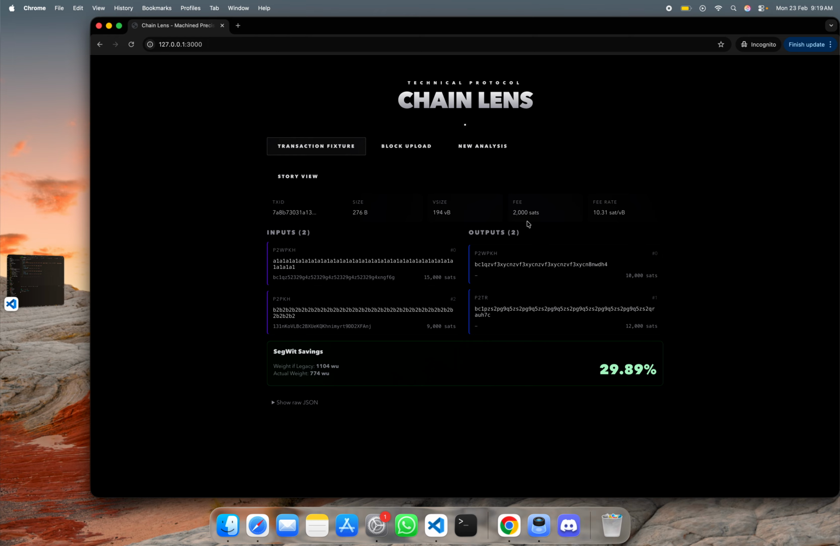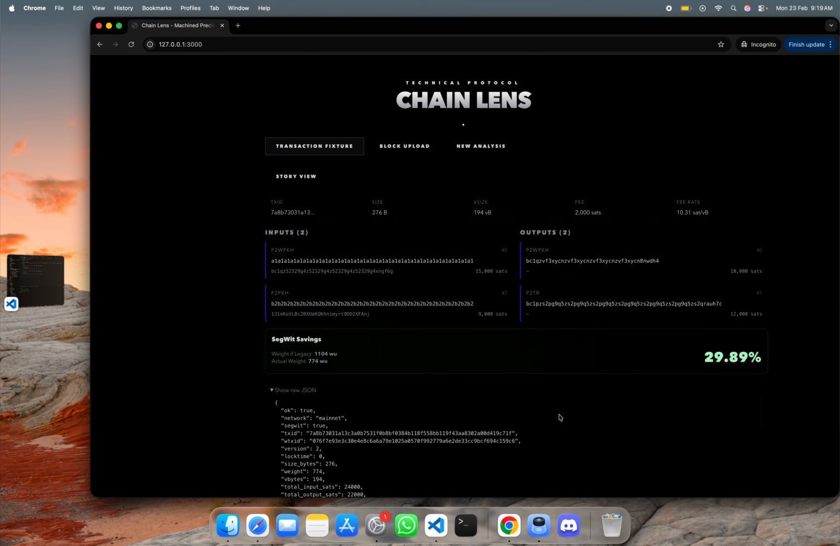And the weight. The weight should be around 774. As you can see here, actual weight 774 WU, which is the weight unit. 1 vbyte equals 4 weight units. So vsize equals weight divided by 4. Here 774 divided by 4 equals 193.5, which rounds to vsize 194. Got it? And the fee rate, as you can see here,